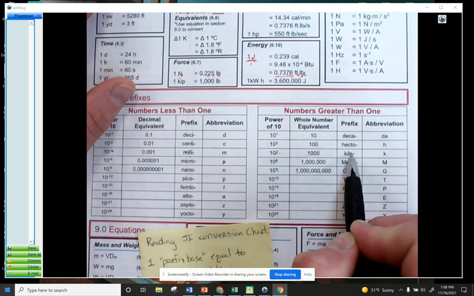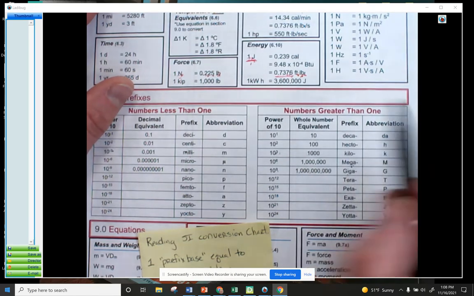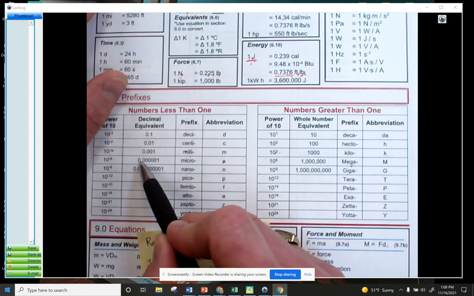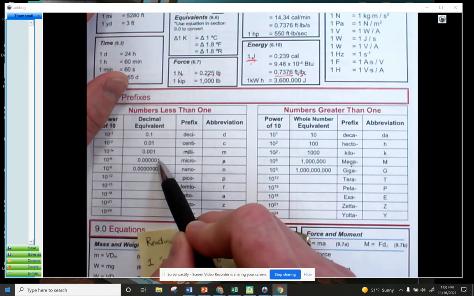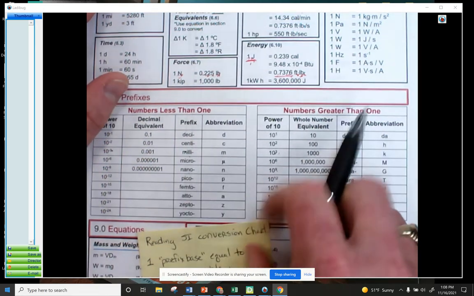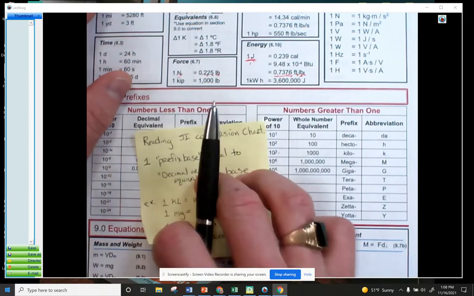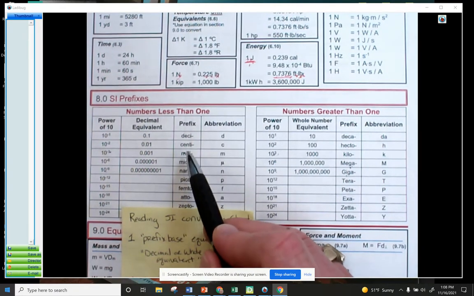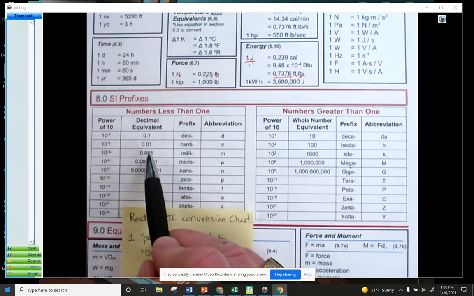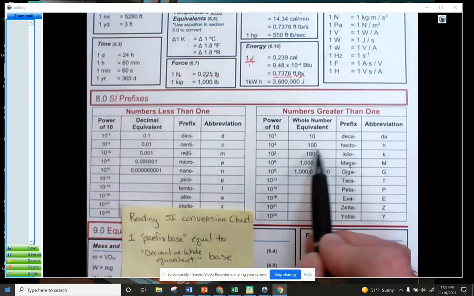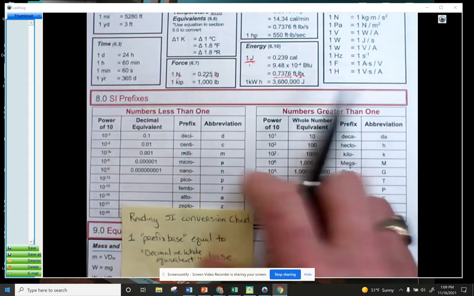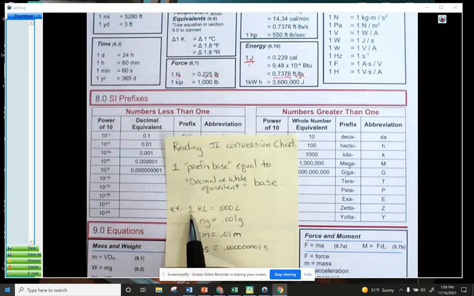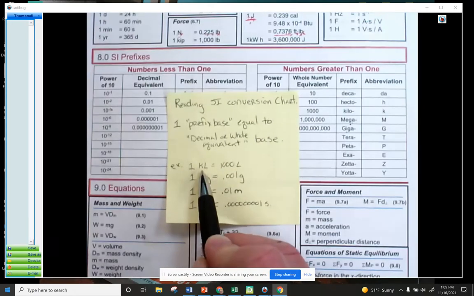1 kilometer is equal to 1,000 meters. 1 microliter is equal to 0.000001 liters. The way you always read it is when you find out what prefix you're on, you're going to or from, you want to go to the decimal equivalent here or the whole number equivalent over on the right side. And the way you would read the chart is the 1 always goes next to the prefix base,